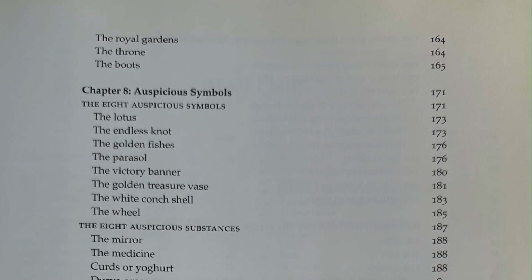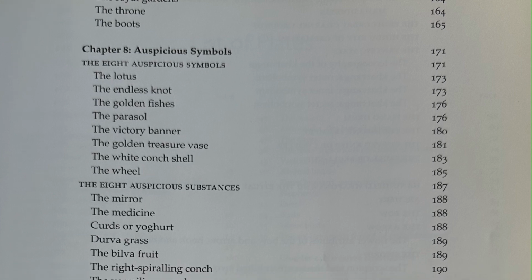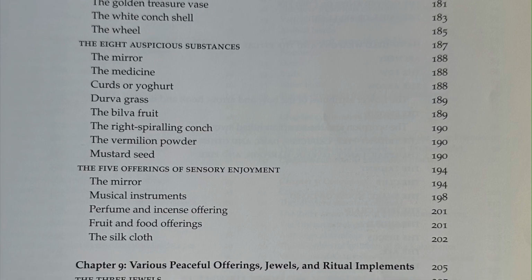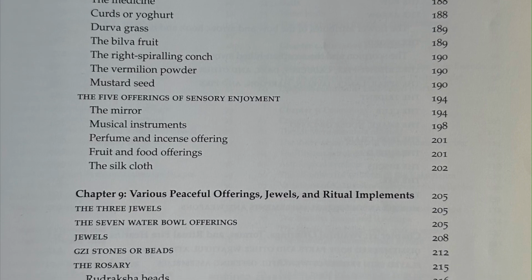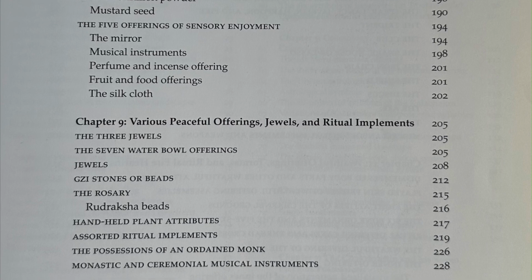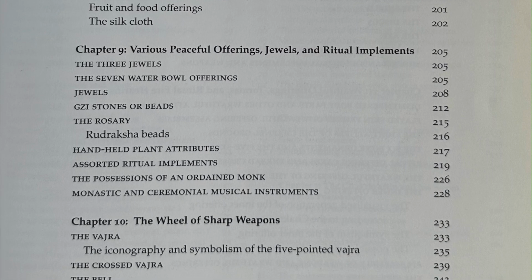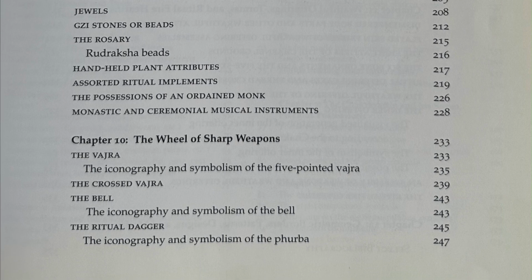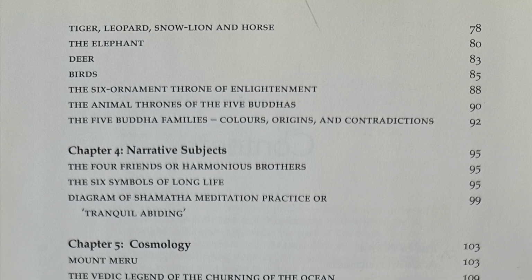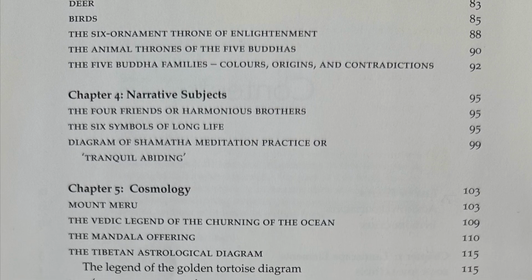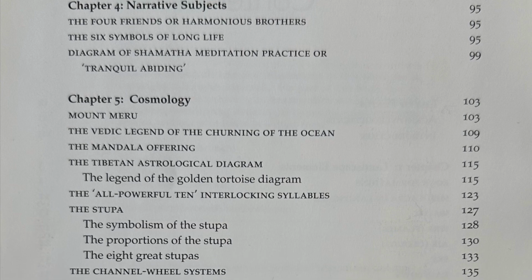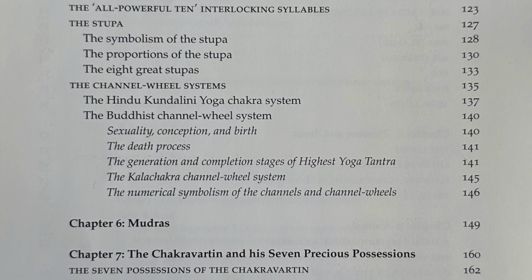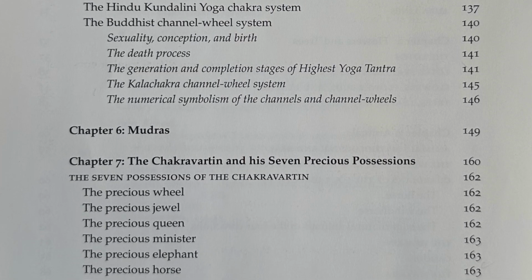Then we have cosmology, tremendous amount of art and visual subjects for cosmology. Then we have gestures, hand gestures, seven precious possessions of a royal monarch. We have the eight auspicious symbols, the eight auspicious substances, the 5 offerings of sensory enjoyment. Then for chapter 9, we have peaceful offerings, which are very different from the next chapter, which is really wrathful,